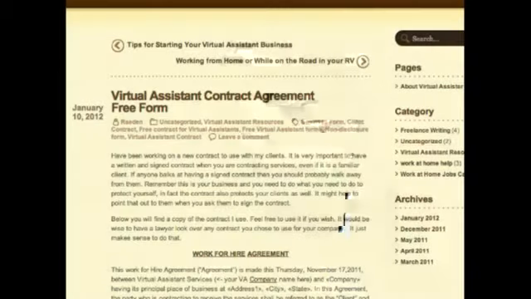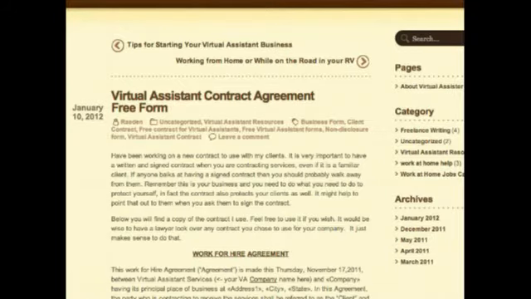But what I wanted to do is go through a couple different things I found online just by Googling free template such and such contract, to give you an idea of the problems that inherently happen when you use templates and forms, and what you can do to find good ones. So let's look at this one I Googled, a virtual assistant contract. This is just the first thing that came up on Google.